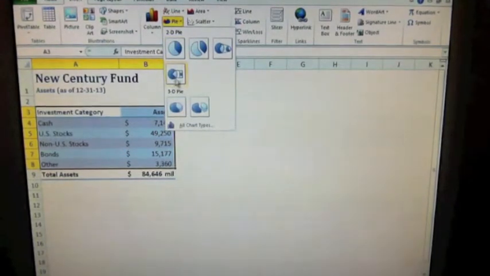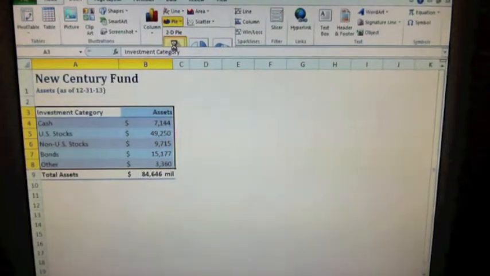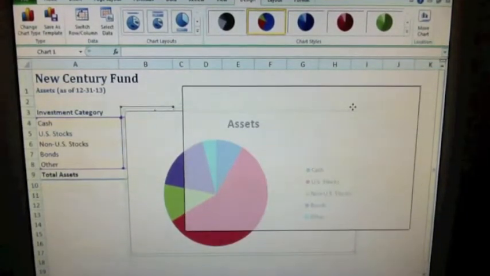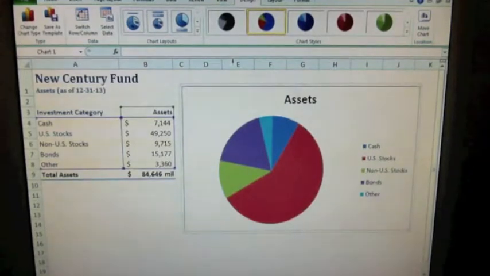We'll then transfer it, we'll change it to be a three-dimensional pie chart, and I'll just show you the difference after we create the two-dimensional. We're going to be starting off with a two-dimensional at first. Okay, so once you select that, so you always select your data first that you're going to be including, and then once you select it, and you select your chart that you want to create, you'll see that the chart